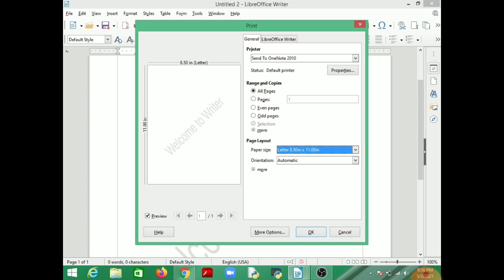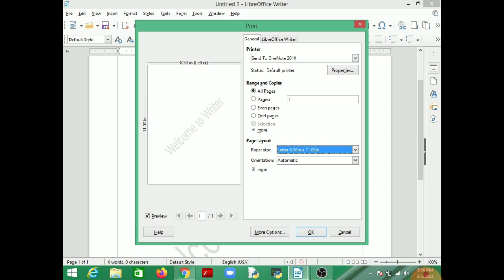You choose whether you want to print all pages or a particular page. When you want a particular page, then select pages. If you want odd or even pages, click on even pages if you want even pages as output, or odd pages if you want odd.